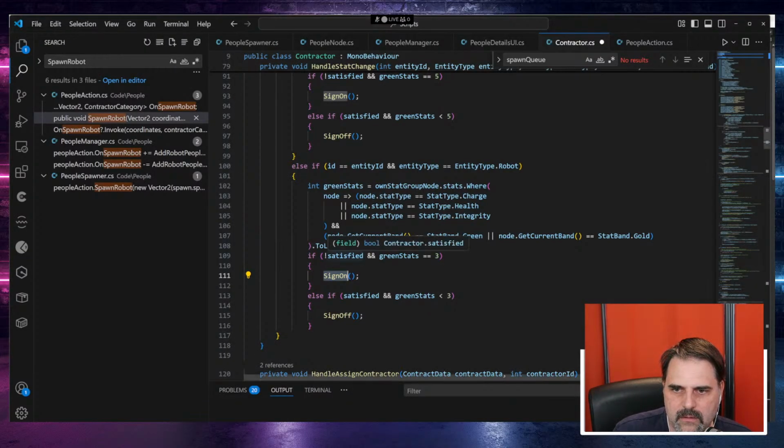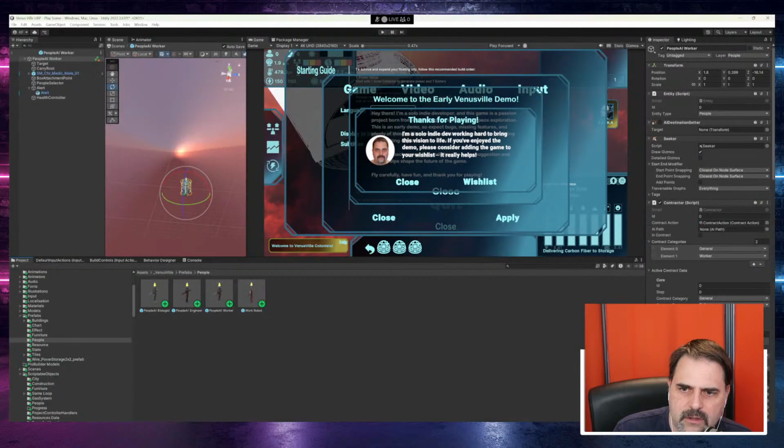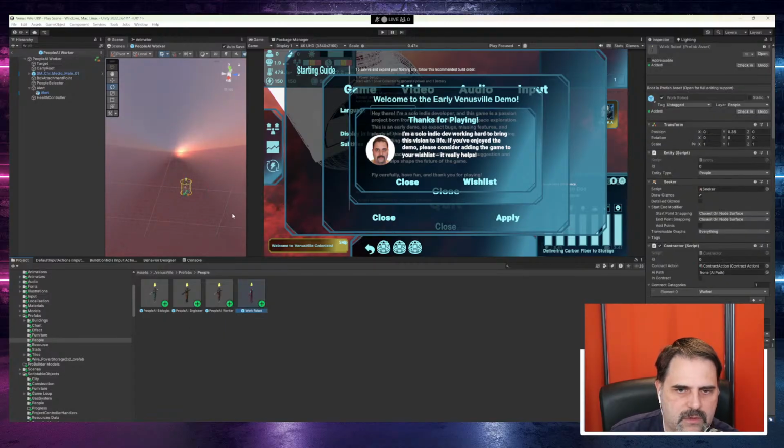I have charge, health, and integrity as stats to listen to. Depending on that, I will turn the work on and off if it's able to work. So let's add this to the robot now. If I select the robot,